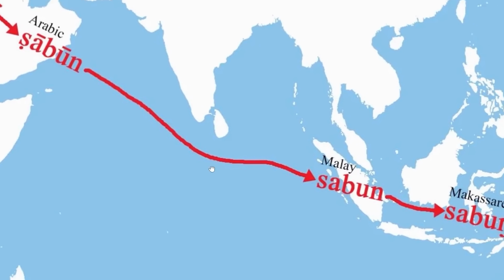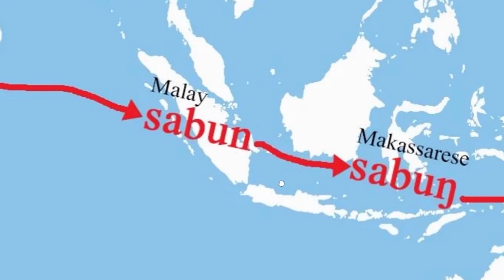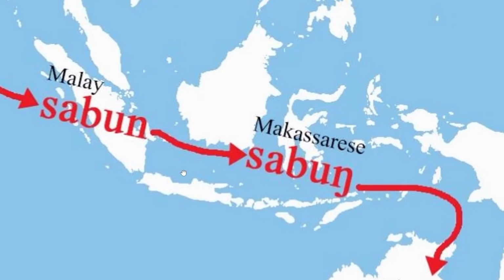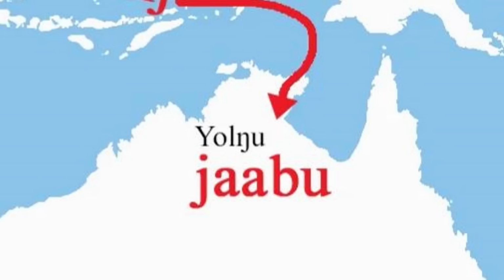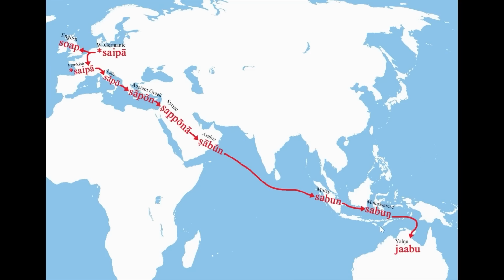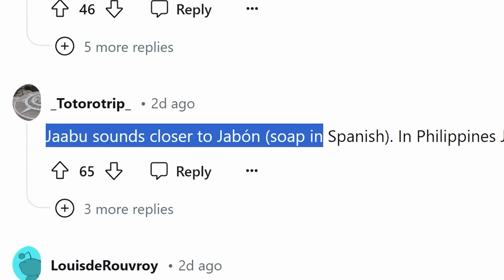And the sea people will take it to Malaya from there as they cross the Indian Ocean and move through modern-day Indonesia to the northernmost points of the continent of Australia: Jabu. Kind of sounds like shampoo. I guess this word is not exactly that similar to the original German word, but it's actually crazy when studying languages how often this happens. Like maybe on the surface it doesn't look like there's any connection, but then you dig deeper and you can literally map out the word evolution. This is what I was gonna say. It sounds very similar to jabón in Spanish.